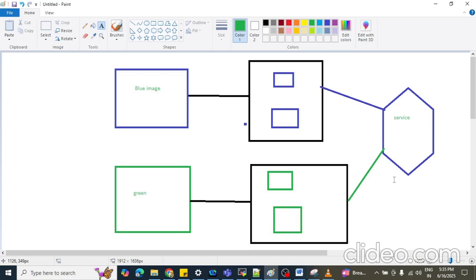If we find that the blue version is not required, then we will simply cut this blue and allow this green one. So the service will forward to this green one.